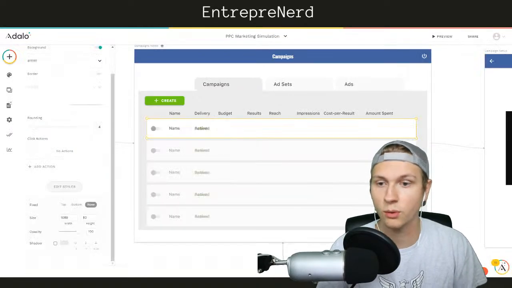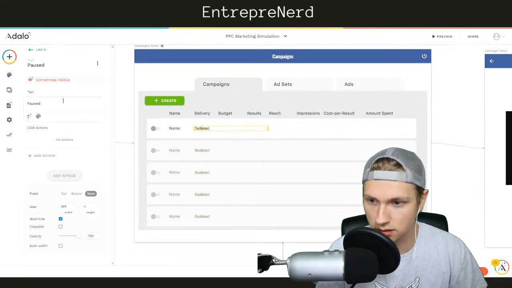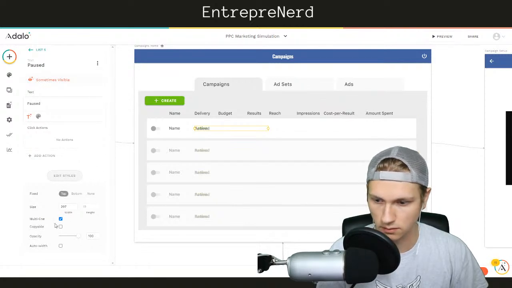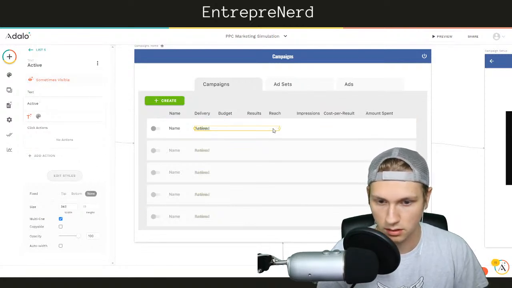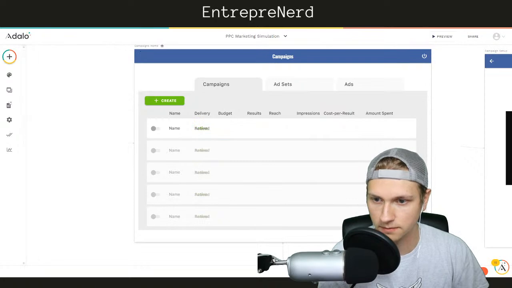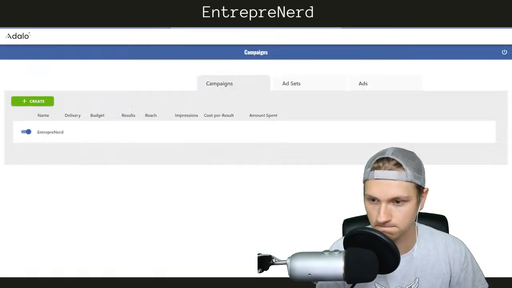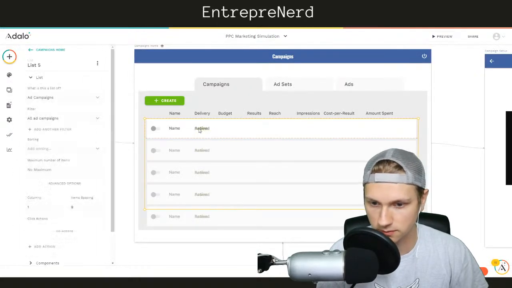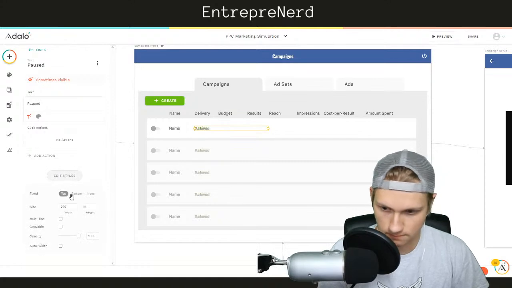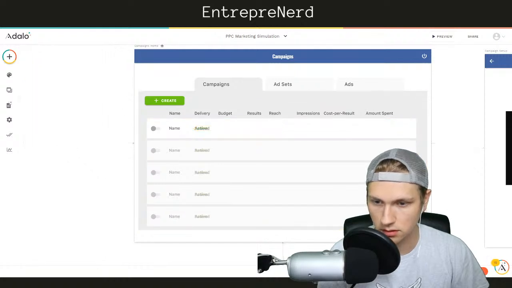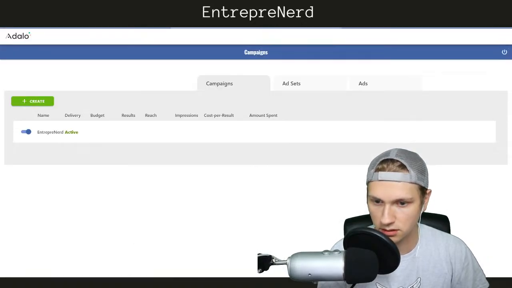So that's very interesting. So I wonder if I set these to be fixed. And also not multi-line. Which one was this fixed? It was fixed to top, not multi-line. Let's try that. Now they aren't showing up at all. Very interesting. Edit styles, none. Edit styles, none. How about now that they're not multi-line? Active. Still, okay. That's fine.